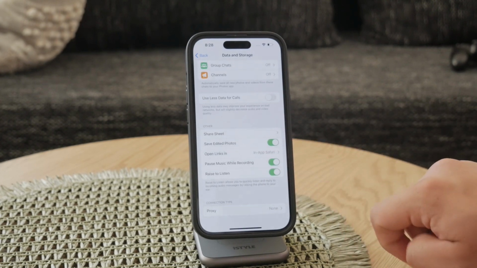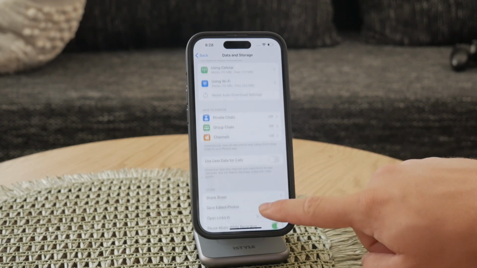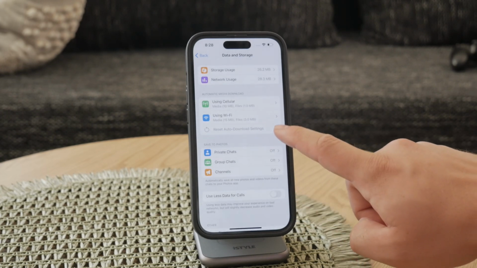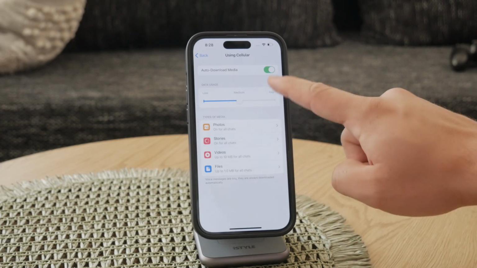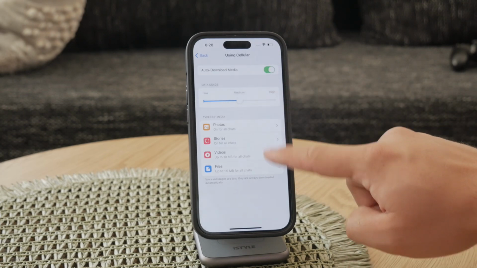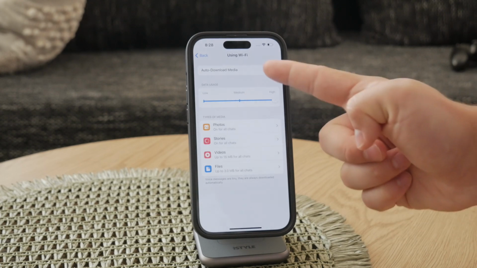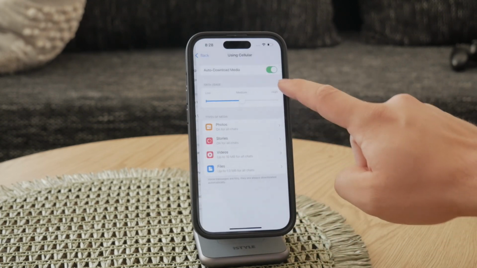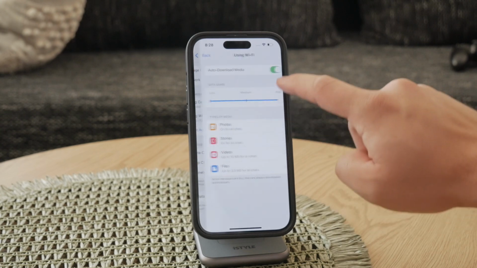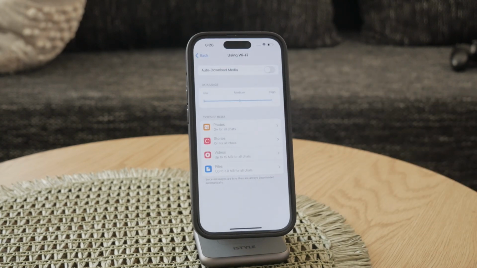Here you will find several toggles that control whether photos, pictures, and videos are automatically downloaded when using Wi-Fi or cellular data. To prevent media from being downloaded automatically, turn off all these toggles. This ensures that media will not download in the background without your explicit permission, giving you more control over your